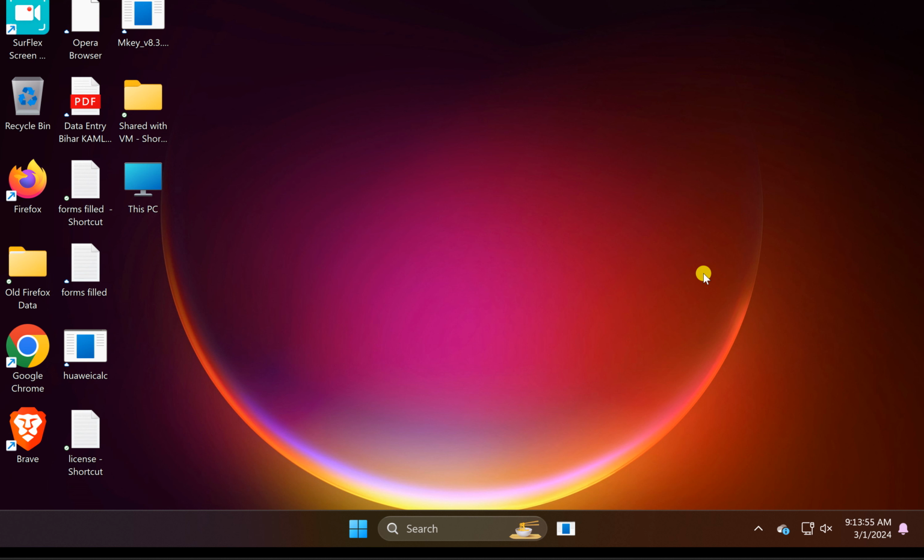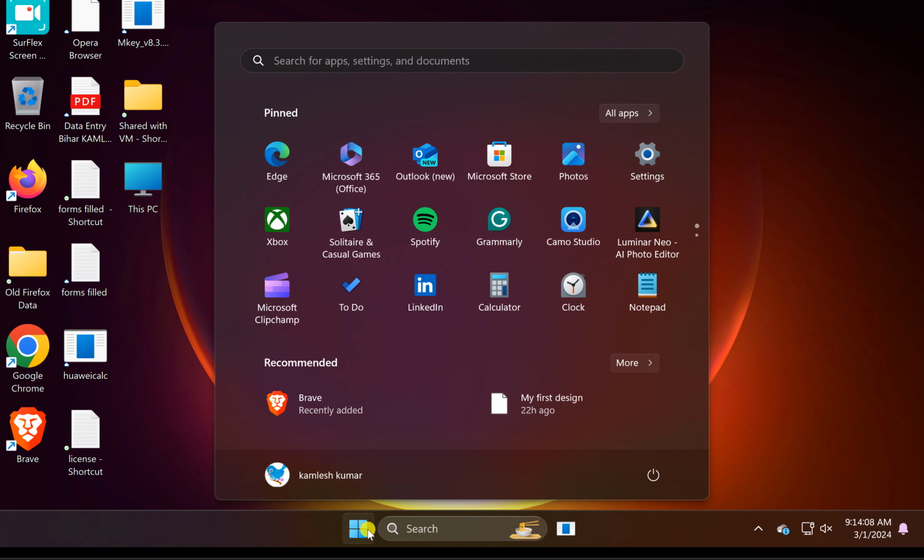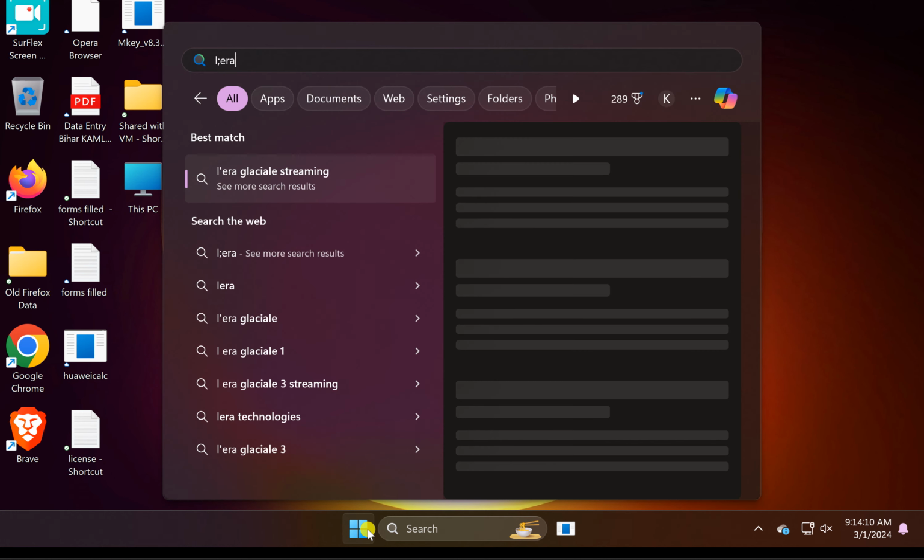In this video, we will guide you on how to continue where you left off in the Opera browser on Windows 11 or 10 PC. For this, first open Opera browser on your Windows PC.